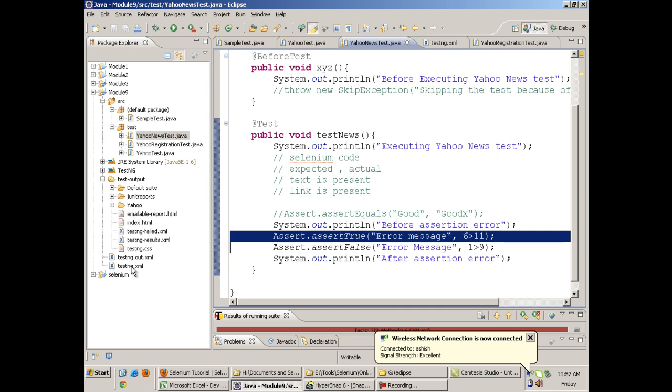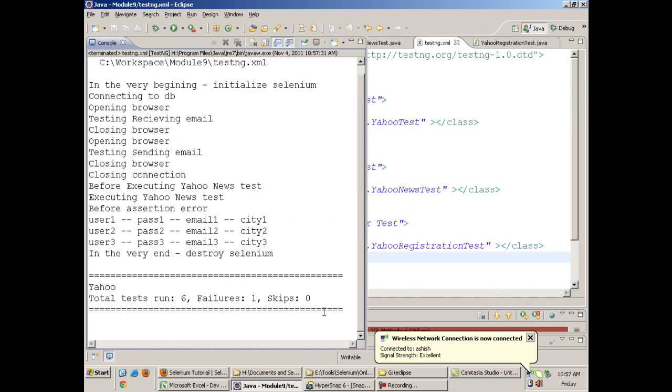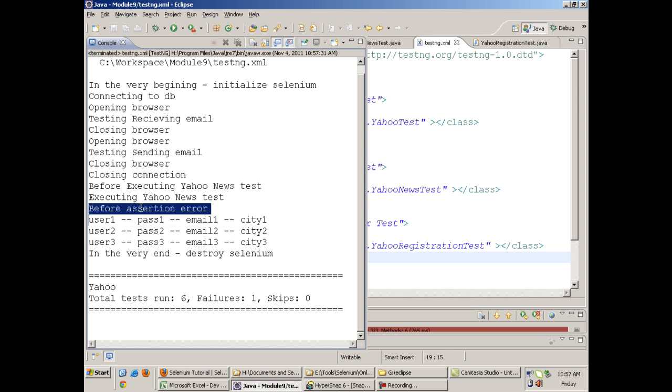Now I execute this test as a TestNG suite. If you look at the output, "before assertion error" gets printed. But after that, "after assertion error" is not printed; the parameterized test, that is the register test, starts.